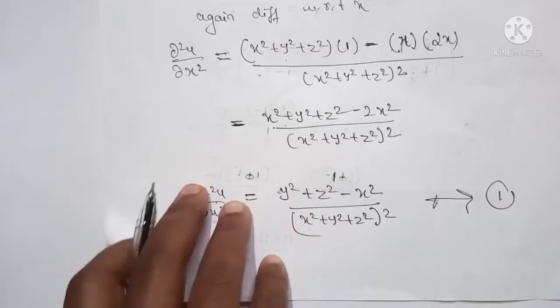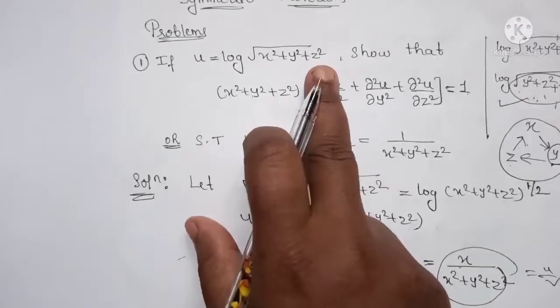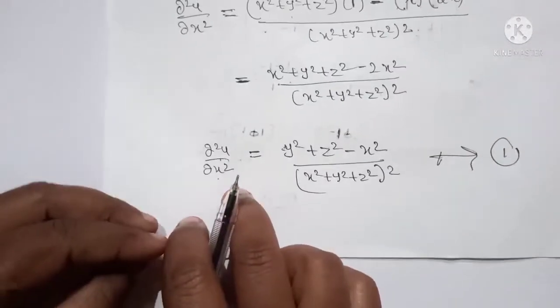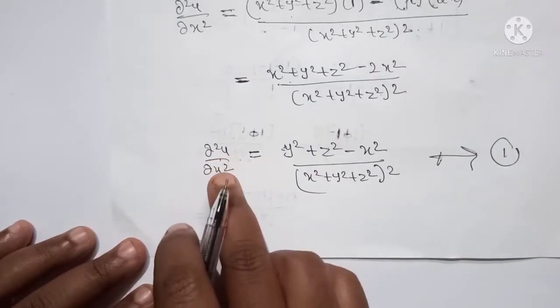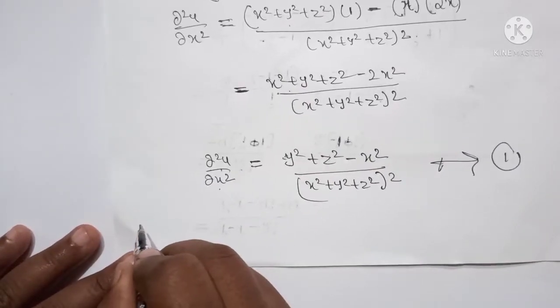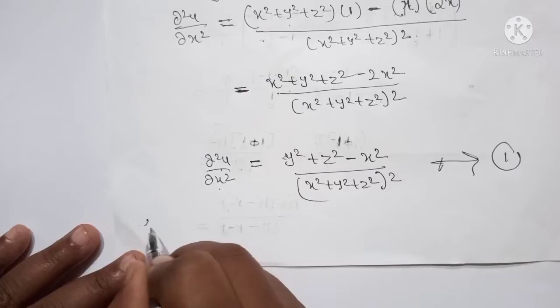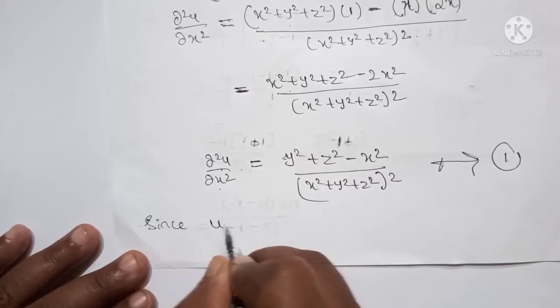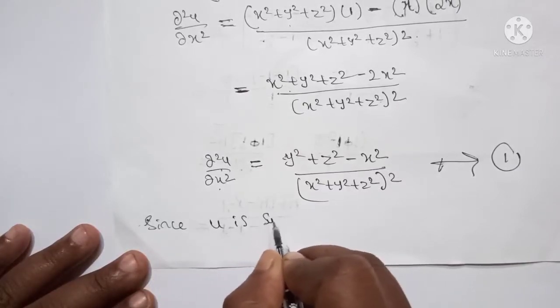Now since this u is symmetric, we can directly write the partial derivative dou square u by dou y square also. So similarly, since u is symmetric,